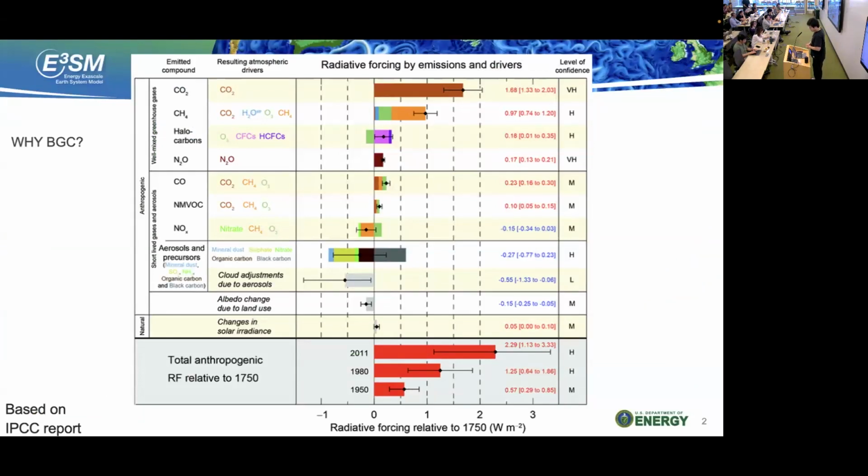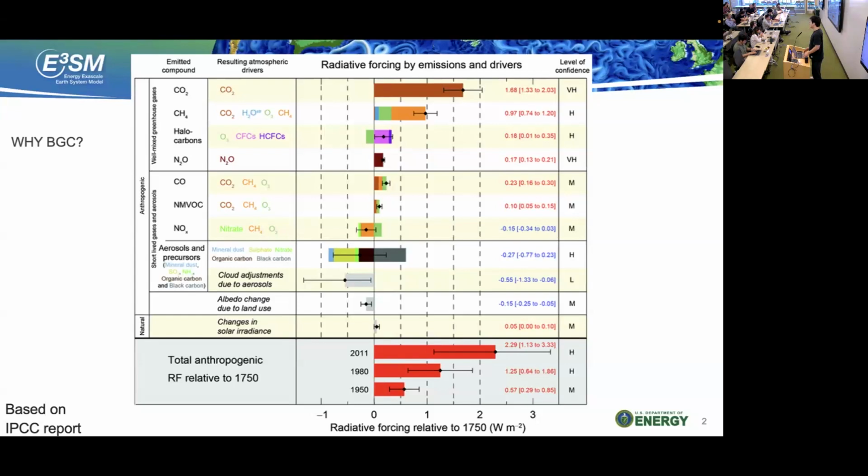This is an adapted version from the IPCC report, but the most important message here is CO2. So CO2 is a major reason that we have had 1 degree warming for so long. Although we have cooling imposed by aerosols and clouds, CO2 as a major greenhouse gas is the reason why we have a high temperature and keep going.